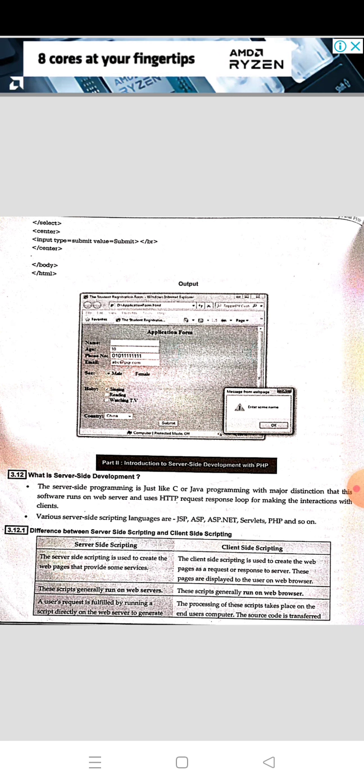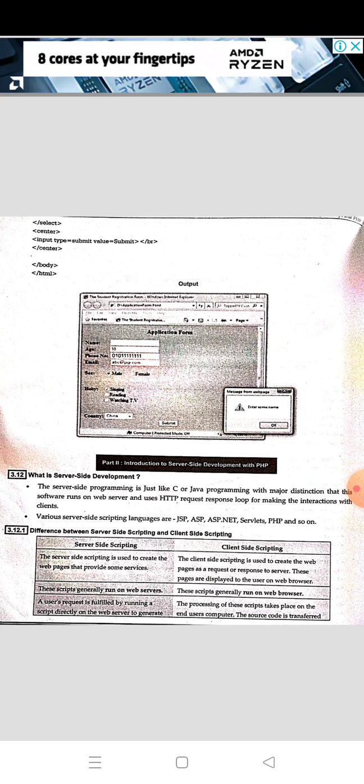Client side scripting is used to create web pages as a request or response to the server. These pages are displayed to the user on the web browser. Server side scripting runs on the web servers, and client side scripting runs on the web browsers.